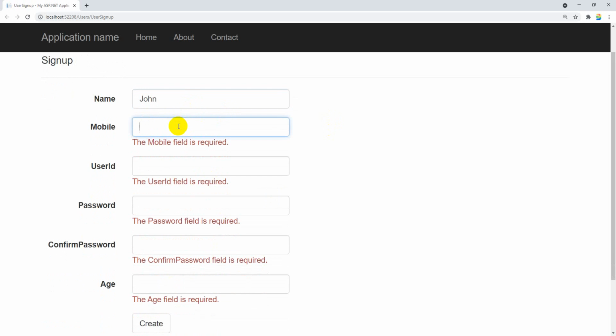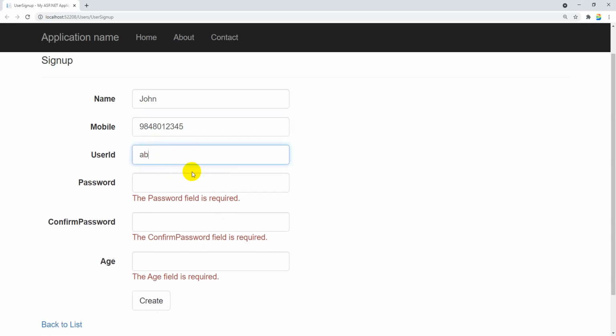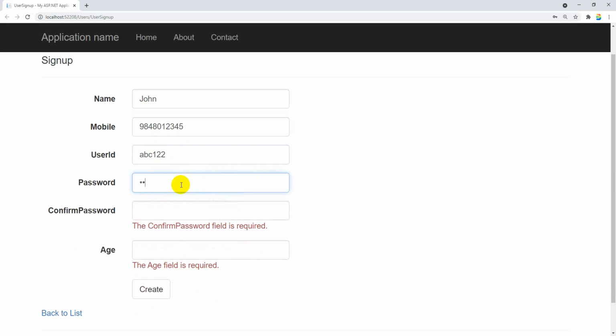Mobile number is required. If I give 1, it is saying invalid because it should be as per the pattern we wrote. Now you can see user ID is required. Password, you can see password field is required. It is not displaying the password because we changed the display type to password.